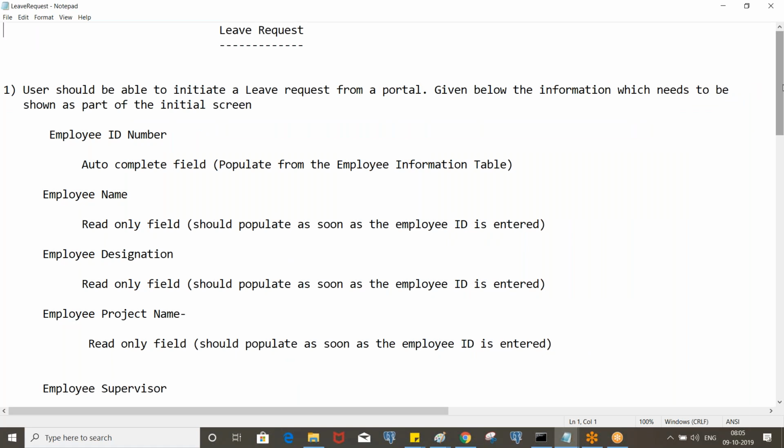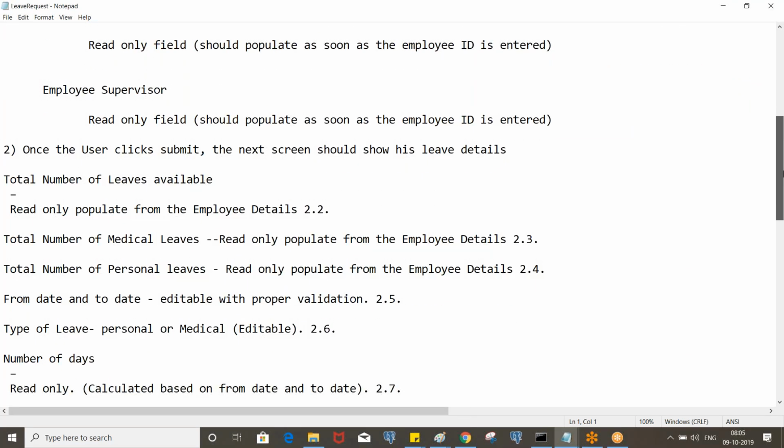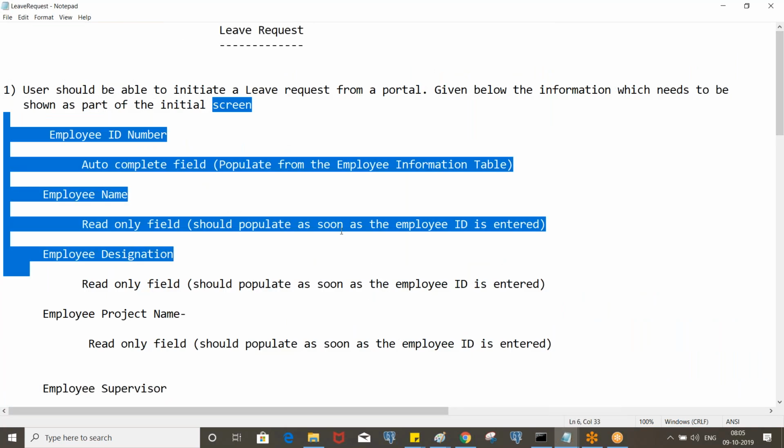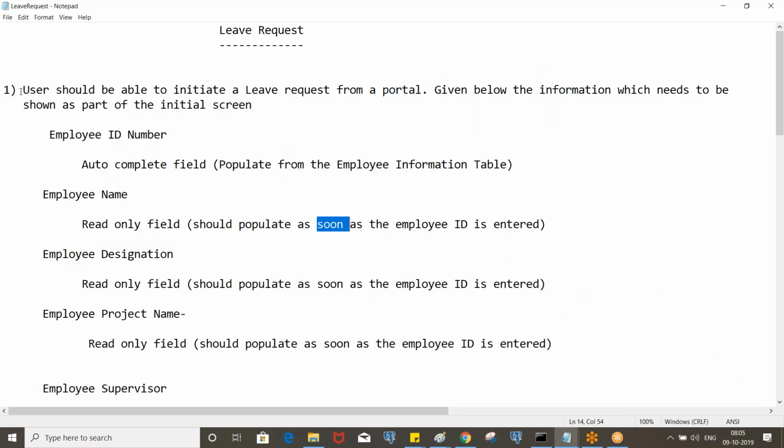We'll explain in 10 minutes. You can design at least 2 screens. The complete application you cannot implement at this point of time because we haven't covered all the rules. Whatever rules we covered so far, by using those rules only you will be able to implement the first 2 screens.